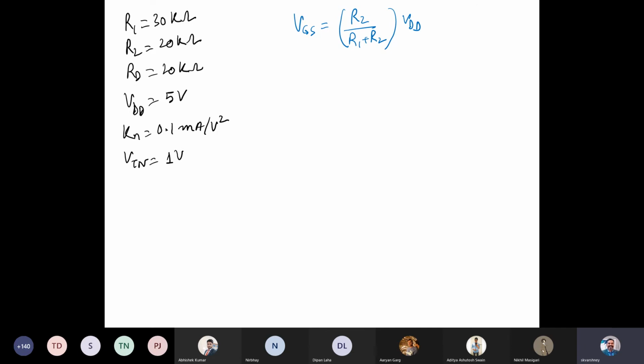First step is to find out the VGS. Check whether it is larger than VTN. If it is larger than VTN, it means that the transistor is on. And what you need to find out is the VDS. So to calculate the VDS, you need to make an assumption. The assumption would be simply that the transistor is